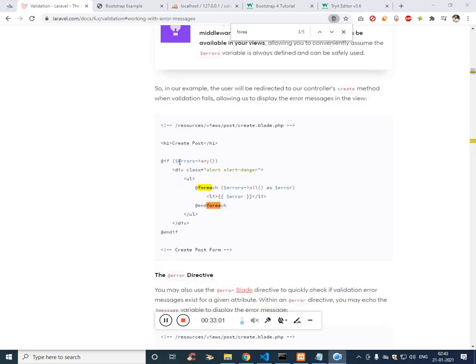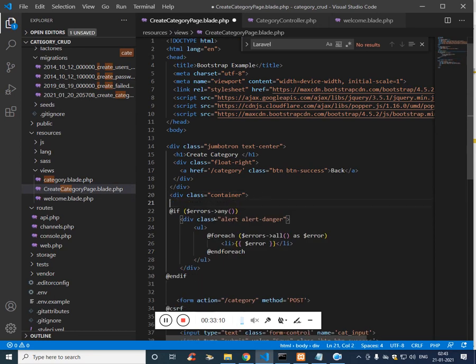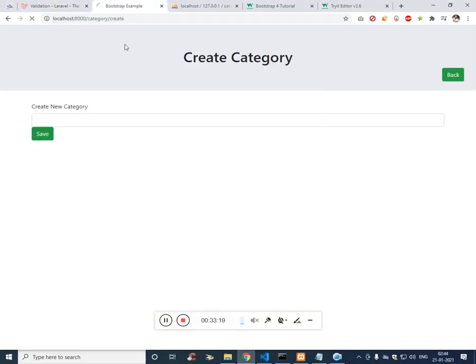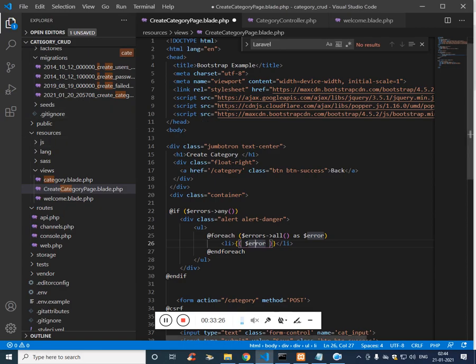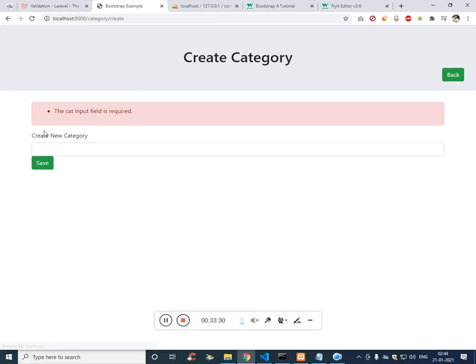And here we can just copy paste this into our HTML. I'll explain what that says. If there is any error, display it in the alert box. If I click save, you should see the error message. Click on save. The cat input field is required.